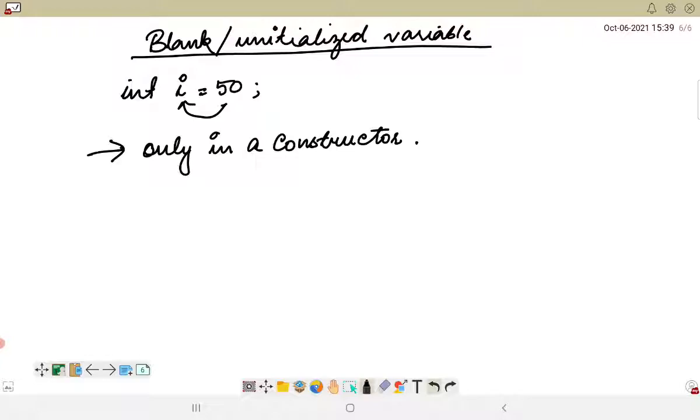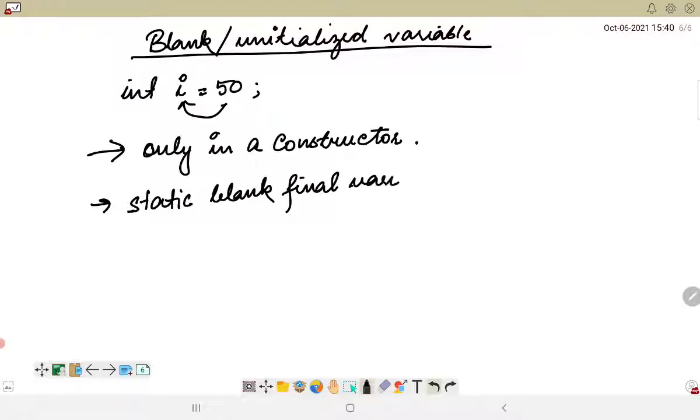We will look into this in my next video, and also talk about how these things impact a particular program. There is also a concept known as a static blank final variable. A static final variable which is not initialized at the time of declaration is known as a static blank final variable, and it can be initialized only in static blocks.